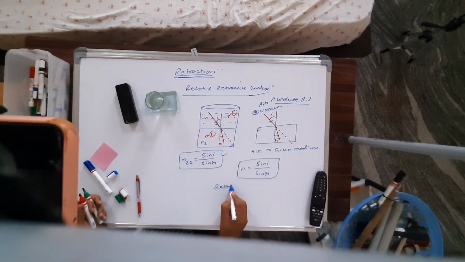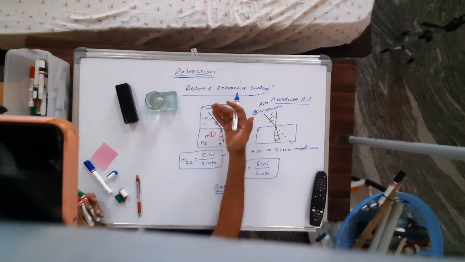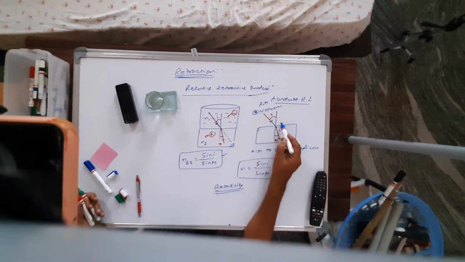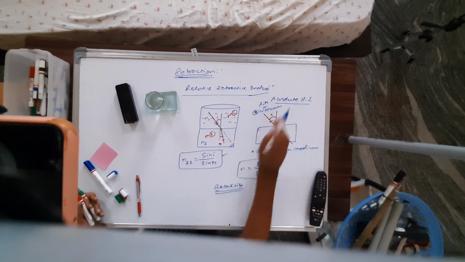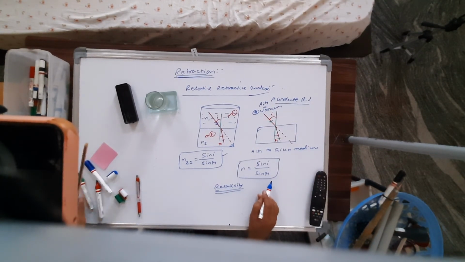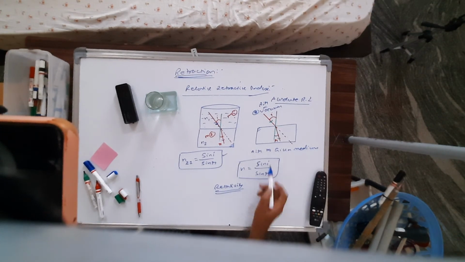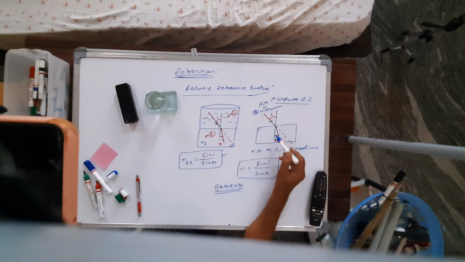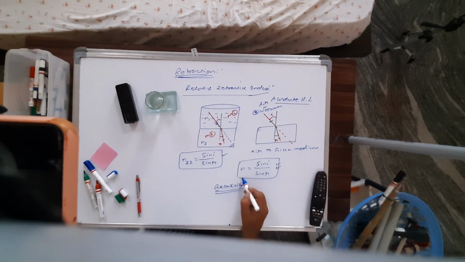So that is called relativity. I think you have heard the name. Einstein is famous for the special theory of relativity. Relative to some medium other than air, it is relative. If the medium is air, then it is called absolute. Just remember this much. I hope you are able to understand. So, absolute refractive index: if a ray of light travels from air to the given medium, then the ratio of the sine of the angle of incidence to the sine of angle of refraction is called absolute refractive index.